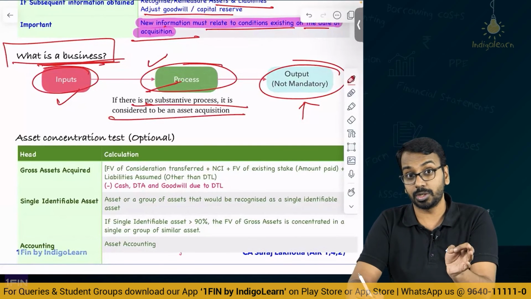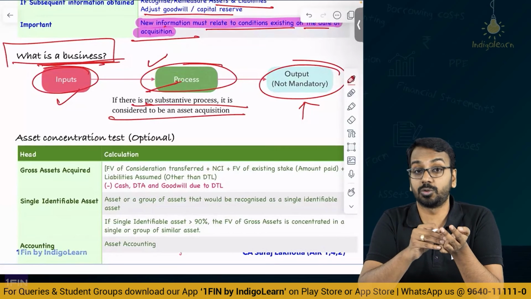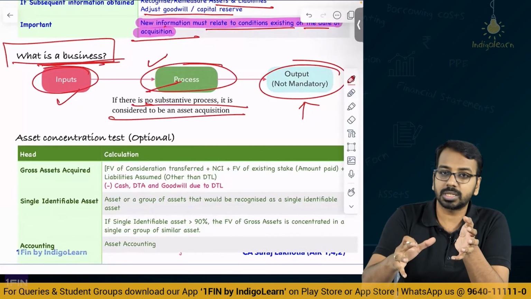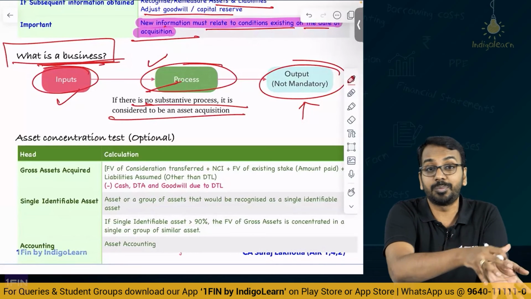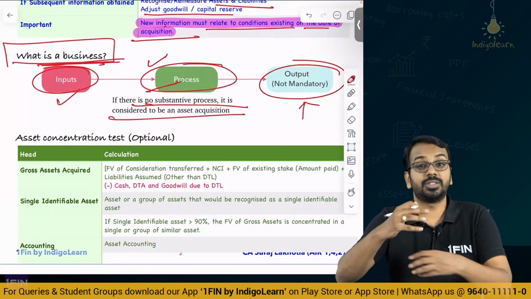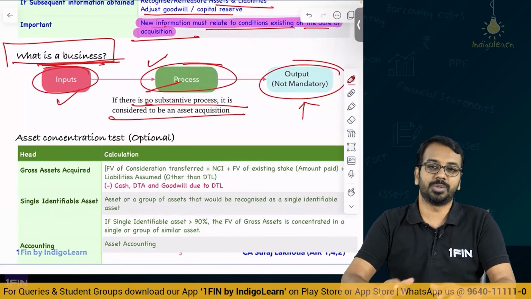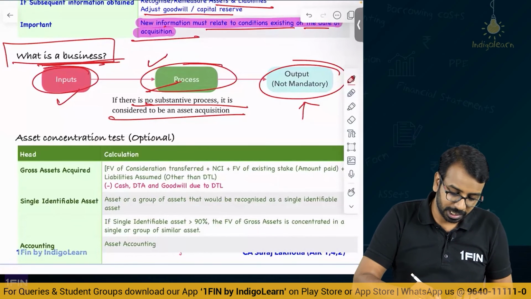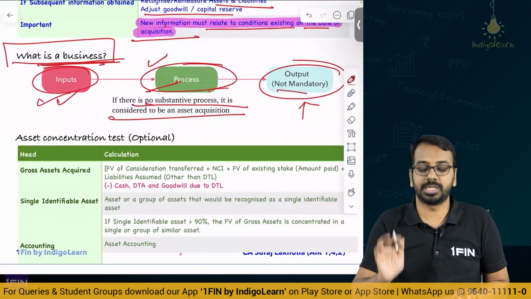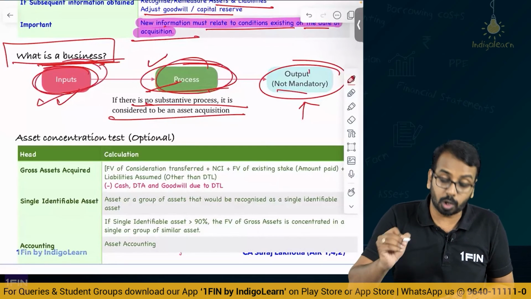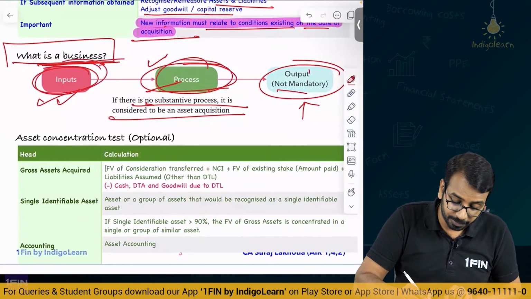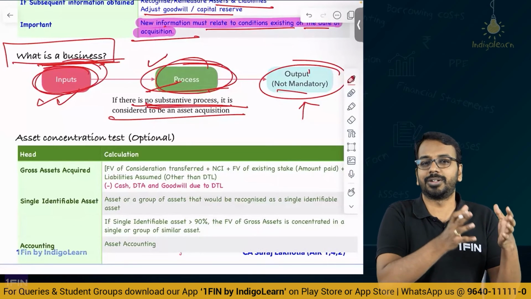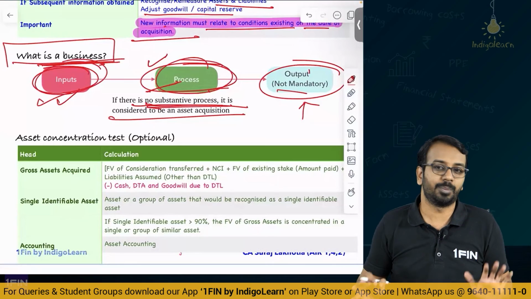So, you have inputs like what? Your machinery, your resources, your human resources, the technology and all of those things, those are inputs. Process, there is a process in which you convert the input to output. So, if you have both of these which can generate output, it constitutes a business. Sir, there is no substantive process, is there any business? There is no business. Sir, we have only inputs, no process, no output, no business. Sir, we have process, inputs, no output, it can still be a business if the process is substantive. Substantive means the process is important for you to convert the inputs to outputs, in very, very simple language.